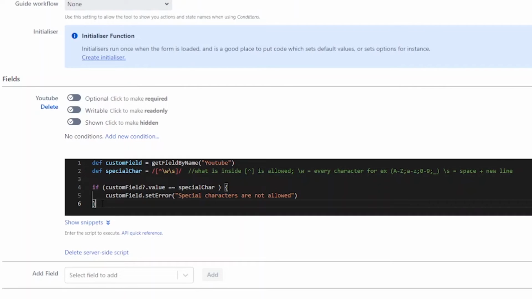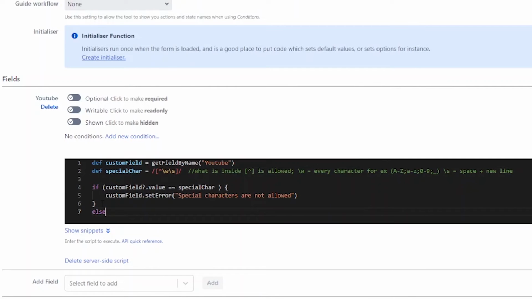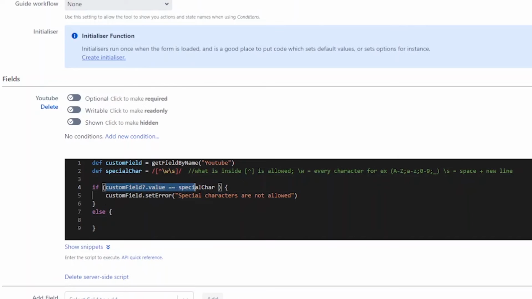And when the user presses A, we need to clear the field error. So how will we do that? Just adding an else. Adding an else, we will not need a condition. Condition is only for